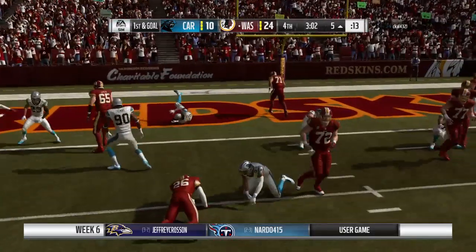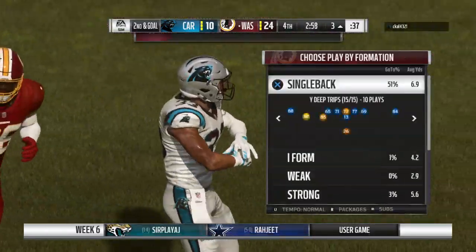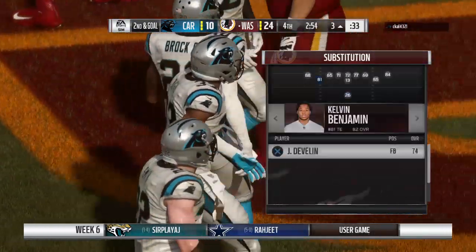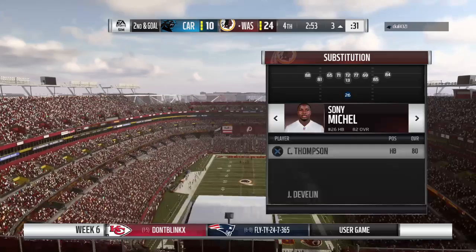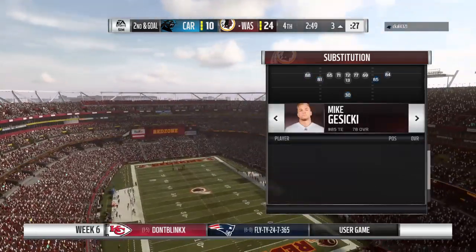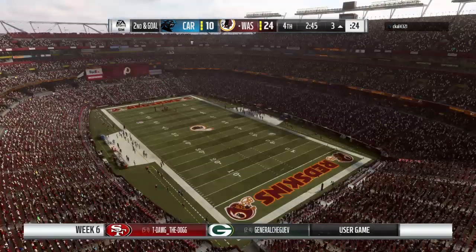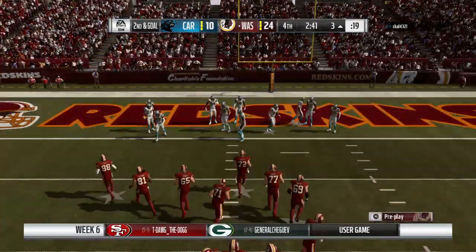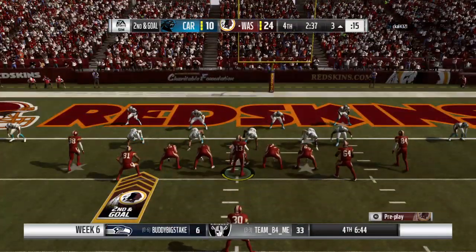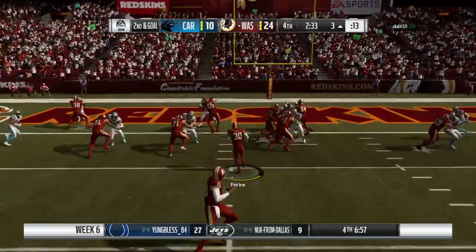Trying to pound it in here with Michelle. And not a whole lot there. He does get a couple, taking it from the 5 down to the 3. This is where coaches have to have spent a lot of time going over situations with their players, because him getting tackled there is not the worst thing in the world. You're going to run more plays, right? Clock's going to go. But his thought process is getting into the end zone. It's counterintuitive for him to actually go down in this spot. Yeah, but like you say, you don't want to get in the end zone too early here. No, not at all, because you may...